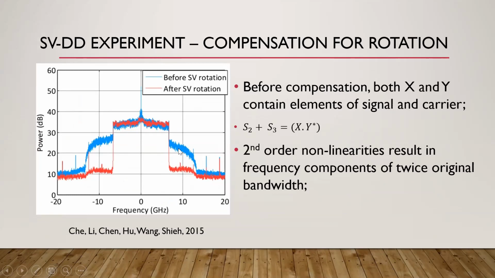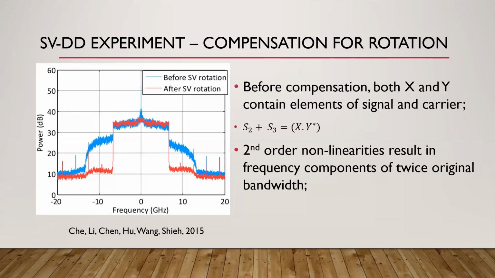Before compensation for the rotation, the received X and Y values would have been mixed. So both would have contained elements of both modulated signal and carrier. Instead of just a pure modulated signal on one polarization and carrier on the other, both X and Y are going to contain